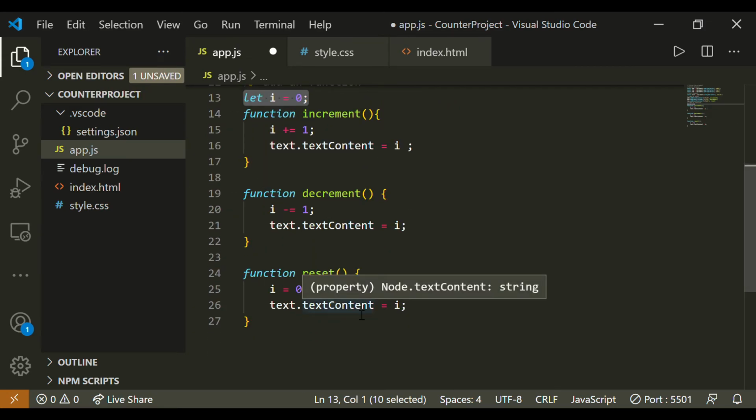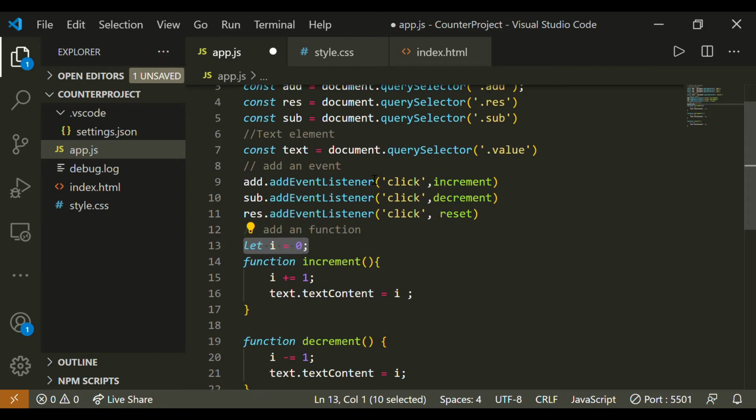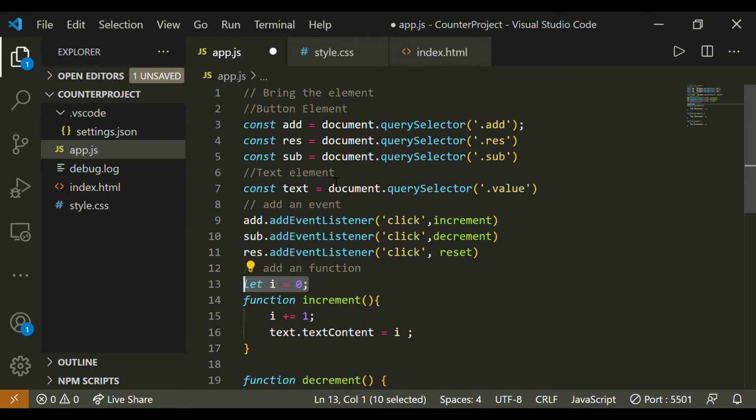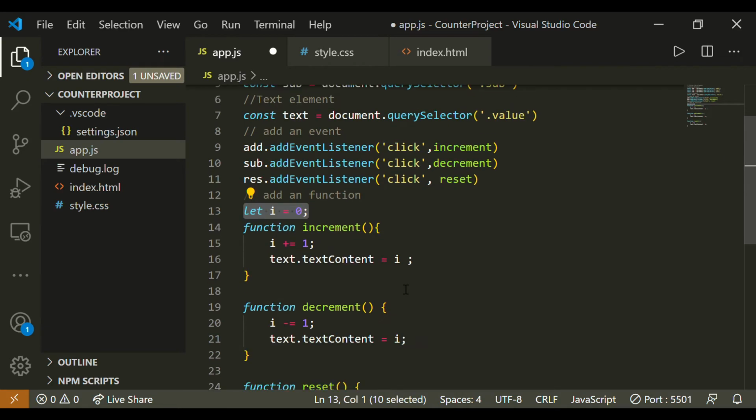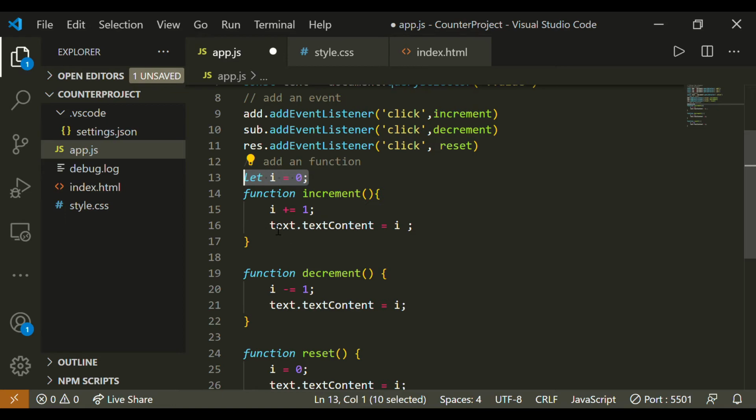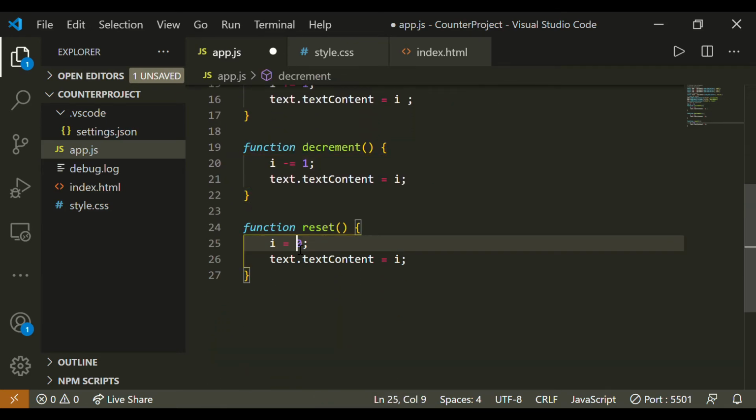So now as we can see that our functions are ready, our events are ready, we have brought the element from HTML DOM. So let's style our HTML on behalf of this I. Basically, whenever someone clicks on increment and I value increases, and as soon as it becomes more than 0, we want to change its text color and background color. And same, if it is a negative value, we want some different styling, and if it is a 0, then we want its initial styling.